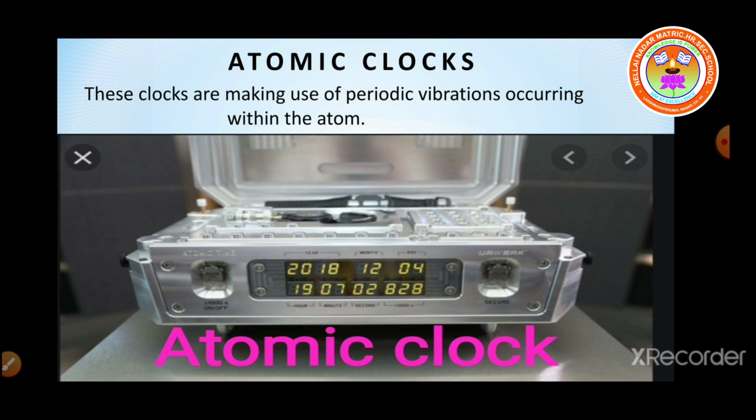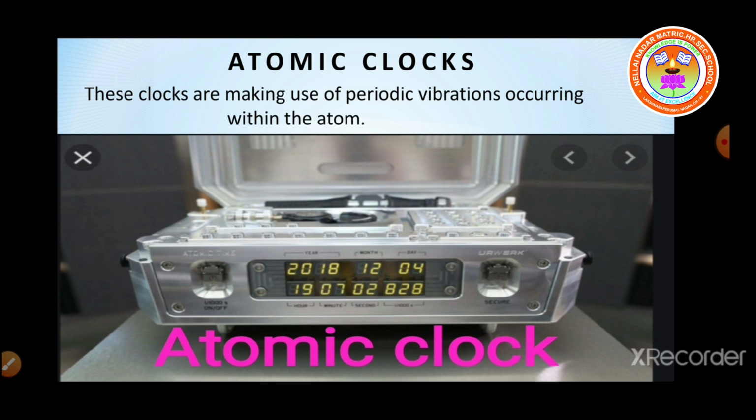In this place we are able to find out the accurate timing, and the climatic changes or the weather reports, that also we are able to get based on the atomic clocks only. Do you understand, students? So what we discussed first were the types of clocks. First, based on display, analog clocks and digital clocks. And based on working mechanism, the first one is the quartz clock and the second one is the atomic clock.